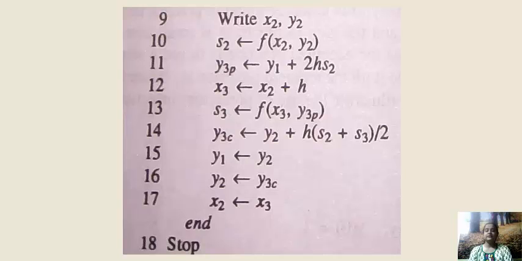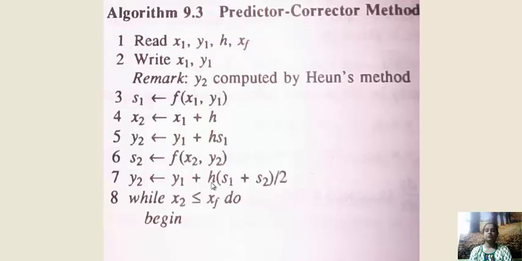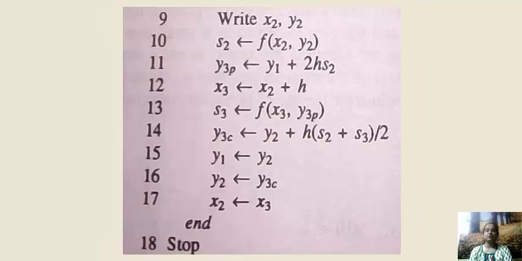In the preceding s2, we computed s2 with the help of y2 predicted. Here this was y2 predicted and we computed s2, but after that we computed y2 corrected. So using this y2 corrected, we will compute s2 again. s2 is the function value at the points x2 and y2 corrected. So in this way we have computed s2. Moving on to next,